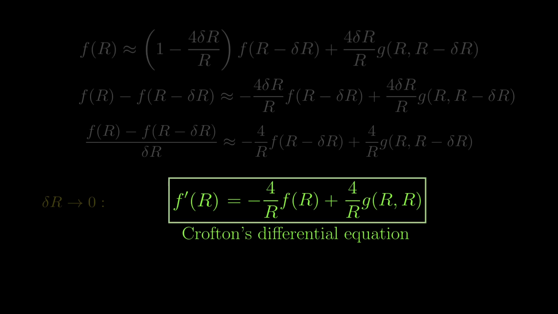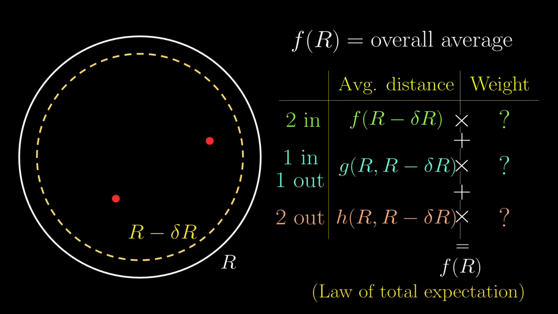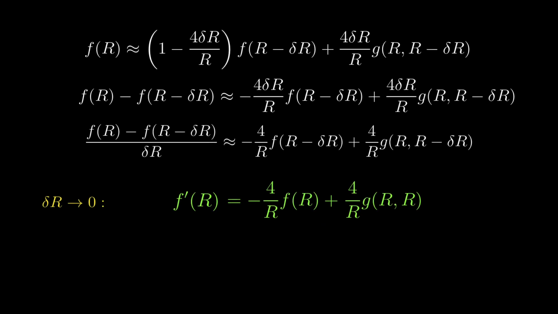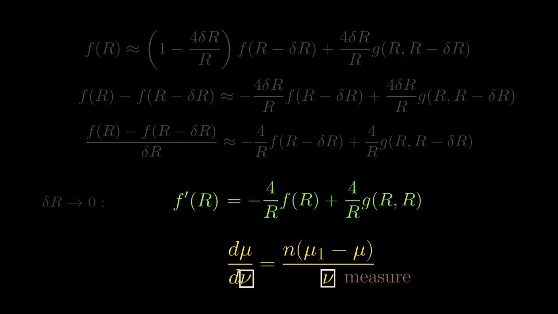Let's take a bit of a break and appreciate how incredibly powerful this is. First, we reduce the problem to finding g instead of f, which is usually much easier. Secondly, this whole derivation only relies on the law of total expectation and some simple algebraic manipulations, which is quite elegant. Finally, this can be generalized to way more general situations. In fact, this is the most general form of the differential equation. The nu at the bottom denotes the measure of the region, generalizing the notion of lengths, areas, and volumes, which in this case is simply the area of the region, pi r squared.